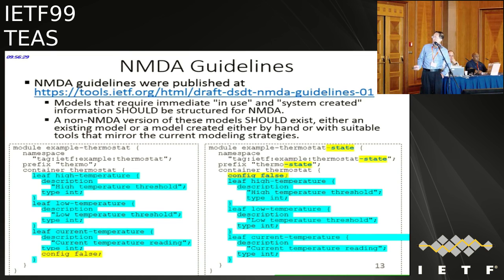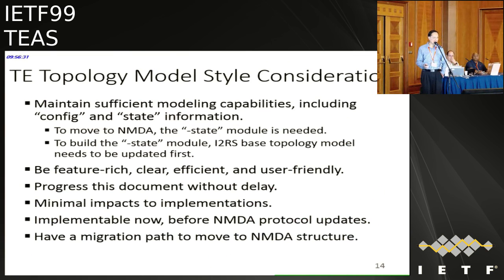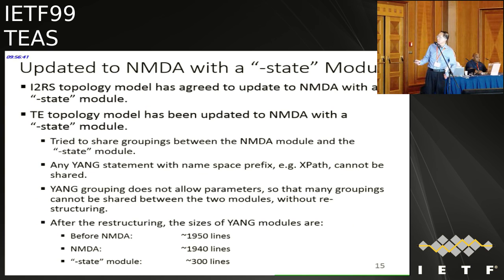But for our model, making our change is not that simple. So we need to adjust our groupings, especially when we do the leaves. Whenever we have the XPath or leafrefs, those groupings will be broken, so we cannot share between the state model and the config model. So we have readjusted the groupings and made some